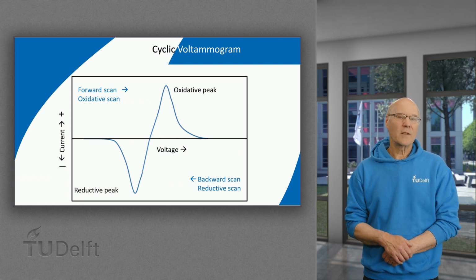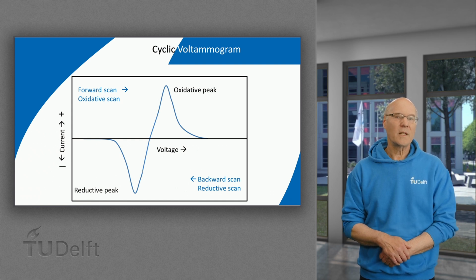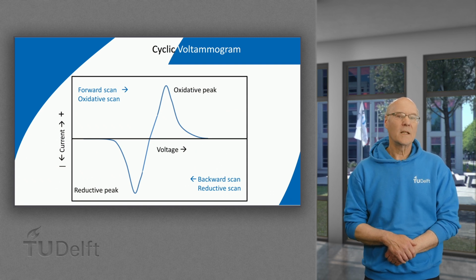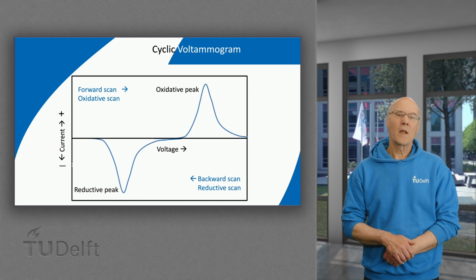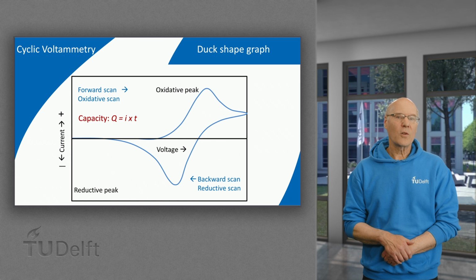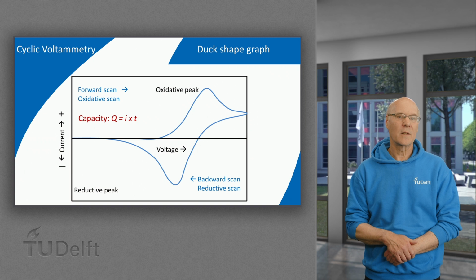For a reversible reaction, this peak separation is relatively small, but in practice the shift can be significant. If the electron transfer faces more resistance, the establishment of the equilibrium takes longer and therefore leads to a larger peak separation. These larger peak separations suggest slower electron transfer kinetics and a quasi-reversible or irreversible process. It may also happen that the reaction has not completely finished before we reach the maximum voltage. The result is a duck-shaped graph.